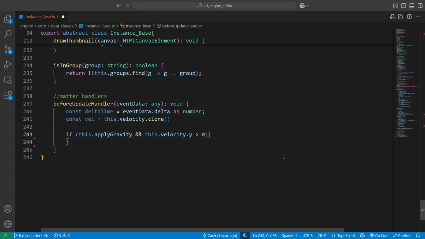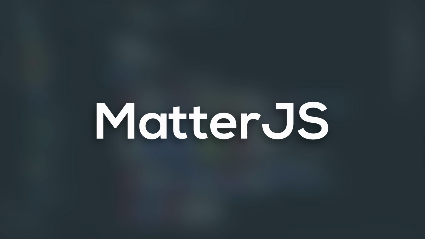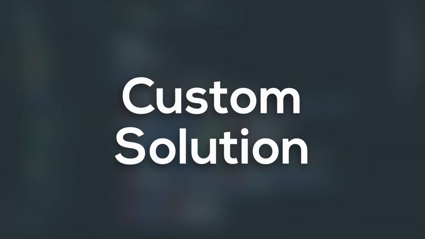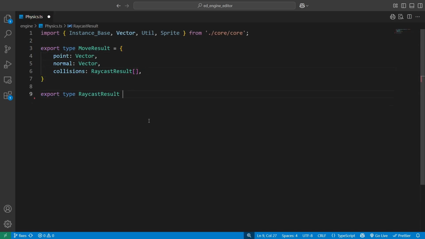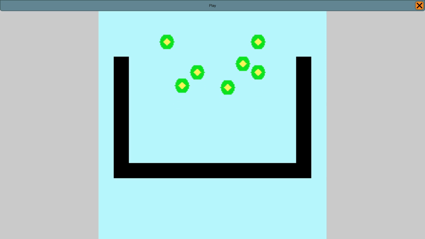Finally, after getting the basic implementation of Matter.js working, I ripped the whole thing out and wrote my own. Like most other libraries I tried to use in this project, Matter.js was just too advanced for what I need, and a custom solution should strip down the complexity a fair bit. Thankfully, despite the nasty reputation physics programming usually carries, it wasn't that long before I had something functional up and